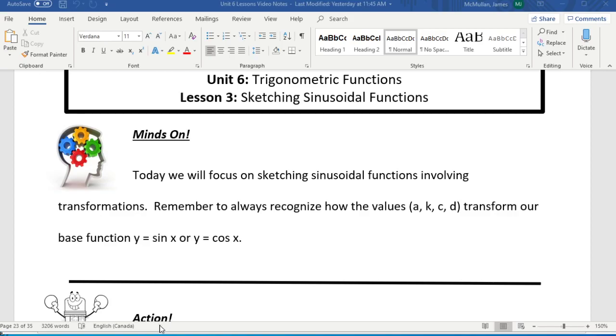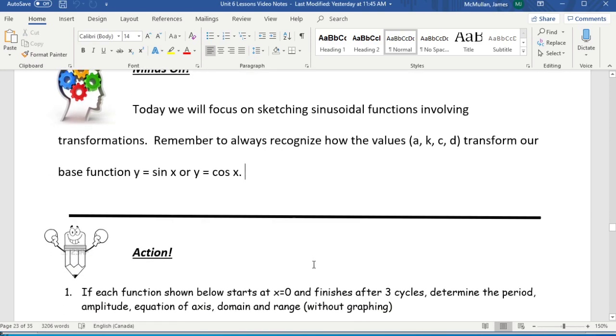Today's lesson is about graphing trigonometric functions, and we're going to follow a lot of the rules we followed before with transformations, since we learned how to do those yesterday. So we're sketching them involving transformations. We just need to make sure we watch out for what the four values are, what they do, and then